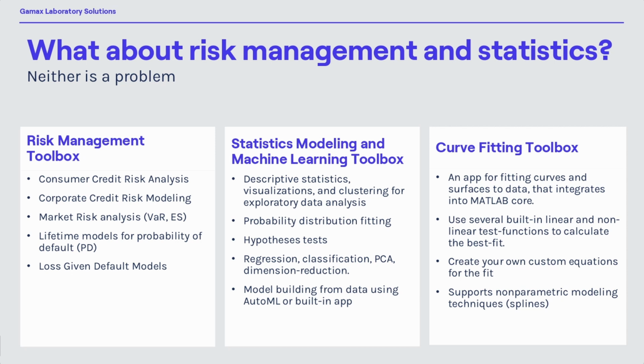You can conduct hypothesis tests, of course. It offers an option for regression analysis, classification, principal component analysis, and dimension reduction problems. And you can also use the built-in Auto Machine Learning application for building a model based on your data inside